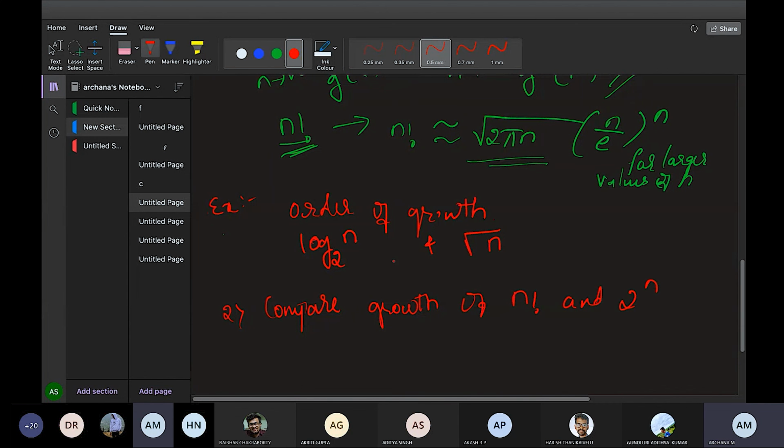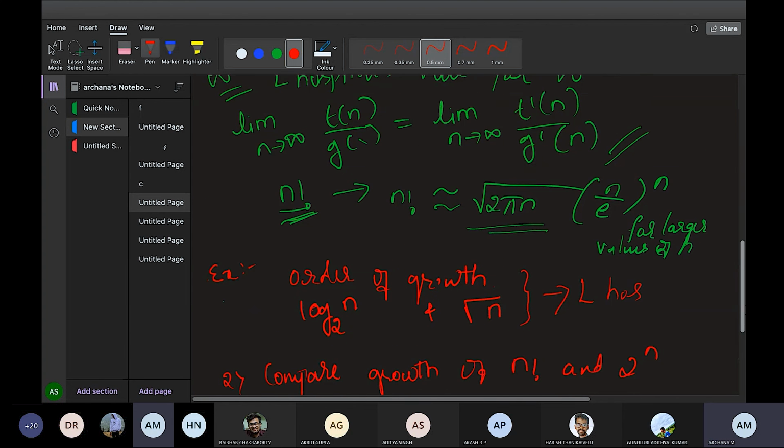For this question, log n base 2 divided by square root of n always tends to infinity, because there is a log n in the formula. So this will always tend to infinity, so you have to apply L'Hospital's rule for this. Apply L'Hospital's rule and solve it like this. Apply this term over here, and you have to solve.